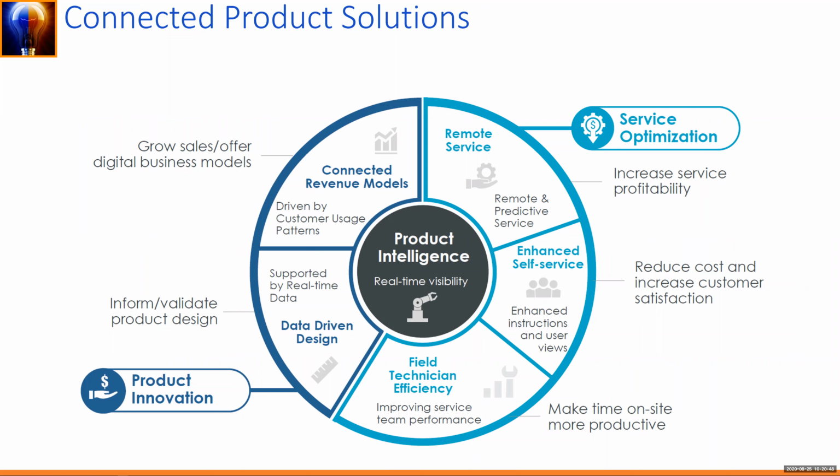So when we look at intelligent products and combine that with some of the service optimization opportunities as well as product innovation opportunities, starting on the service side, looking at remote service, if you have that data coming from your products of how it's being used out in the field, how some of those process variables are trending and so forth, the predictive maintenance that you can do within your own facilities, you can also do that kind of predictive maintenance out in the field. And whether that is something that is done through machine learning, or you just set alerts on different levels and so forth, there's different capabilities that are there for different types of data and different frequencies of data,